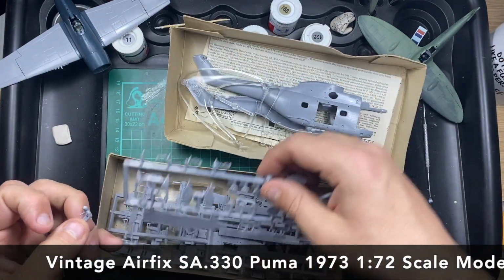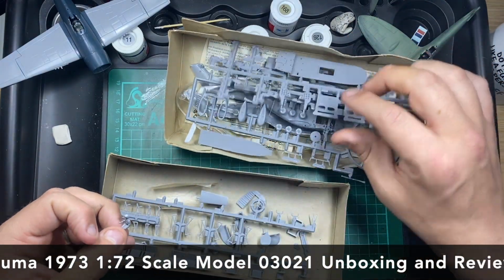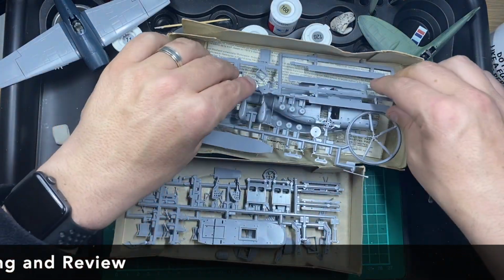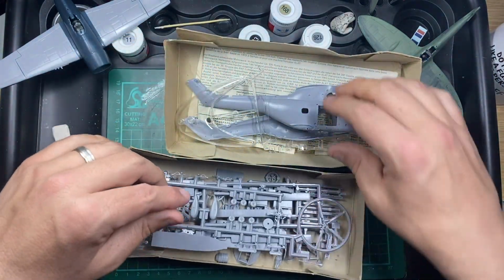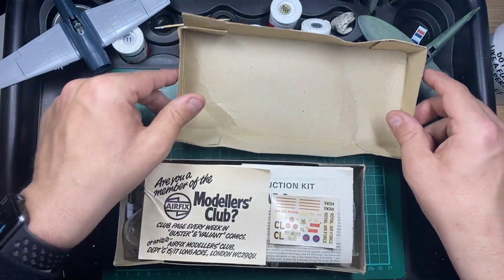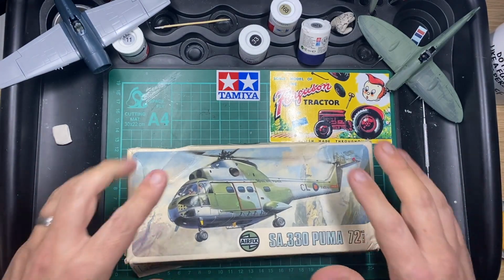Do you reckon if I send a letter off saying I'm missing a pilot for a 1973 kit that was last released by Heller, do you think Airfix, well there he is there. There's the other pilot there. Do you think Airfix will send me the missing part? So there you go. That is another unboxing of a vintage kit. There we go. Put them all together. SA.330 Puma, 72nd scale, newly tooled,